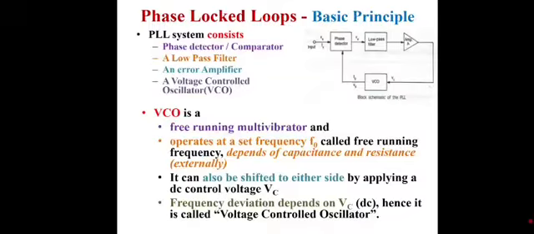A VCO is a free running multivibrator. It has a specific frequency called the free running frequency, which is determined by the external resistance and capacitance. We shift this frequency by applying a DC control voltage. Since the frequency deviation depends on this voltage, it is called voltage controlled. Next, the whole system operates